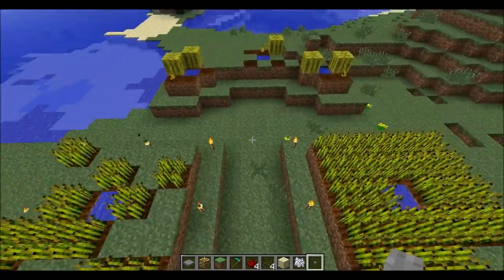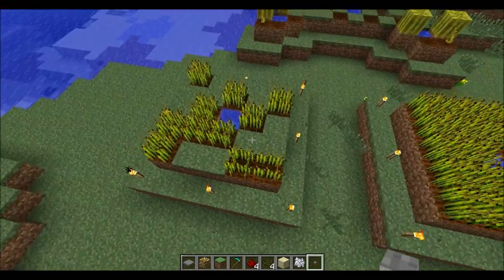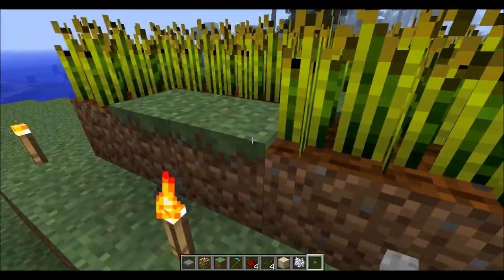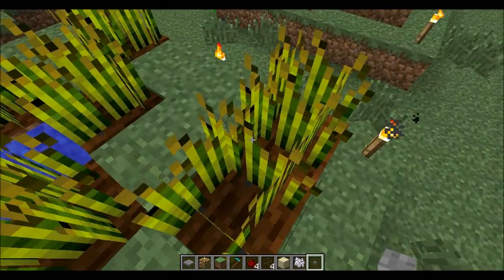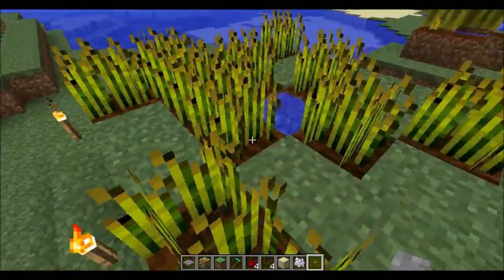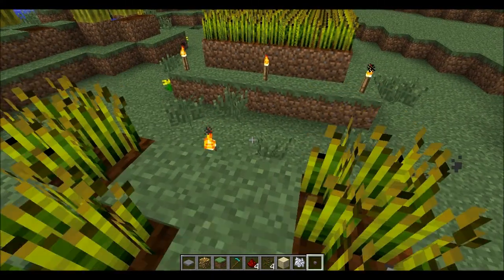This was a test area that I made for farms that I made a specific video on for you guys back in one of the previous updates, where if you walked on a farm here, it would destroy your crops. They since made an update where it doesn't do that anymore as long as you're just walking. But